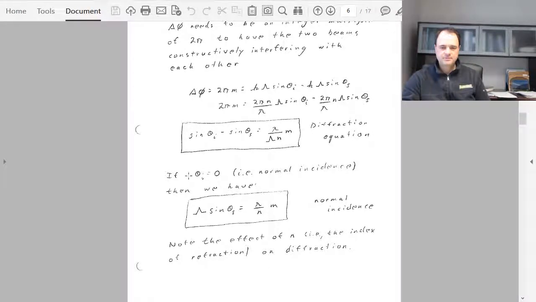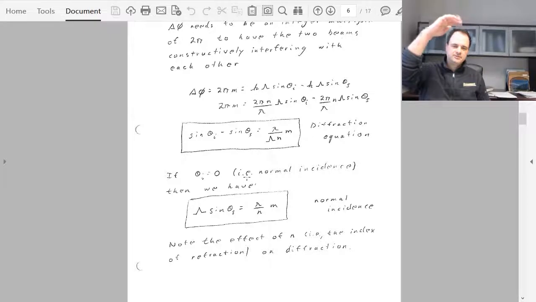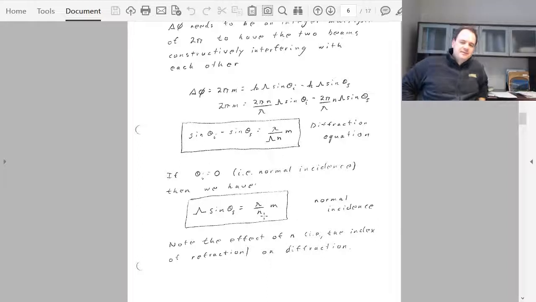And if theta i is equal to 0, then we have that d sine theta is equal to m lambda over n. And so this you will probably know just from your basic physics course for normal incidence, when light is coming straight down onto the periodic structure. All right. Now this term right here, the lambda over n,